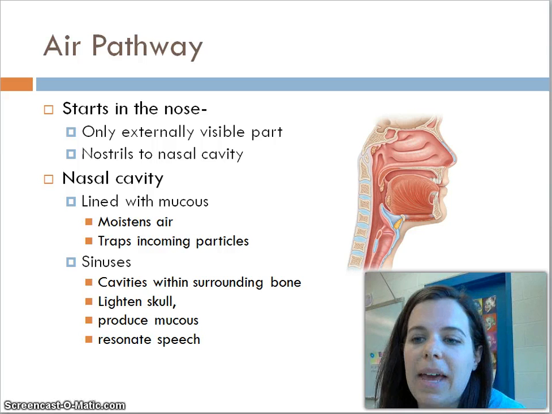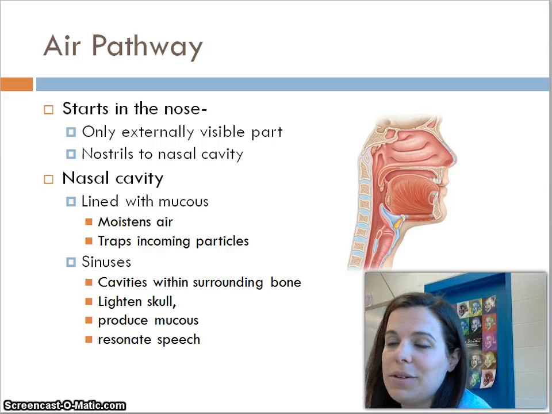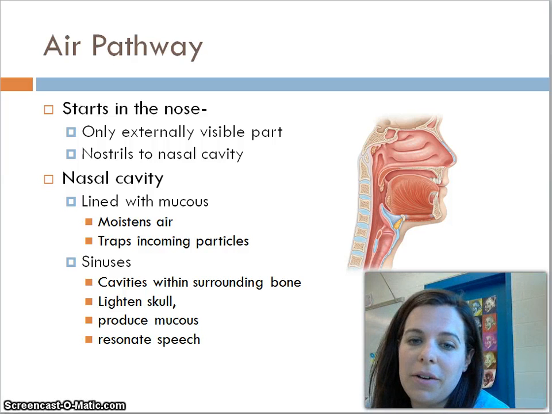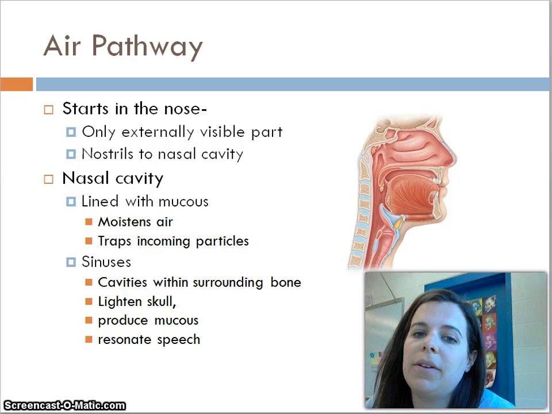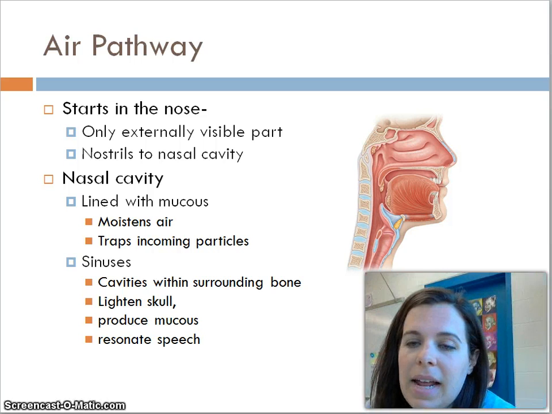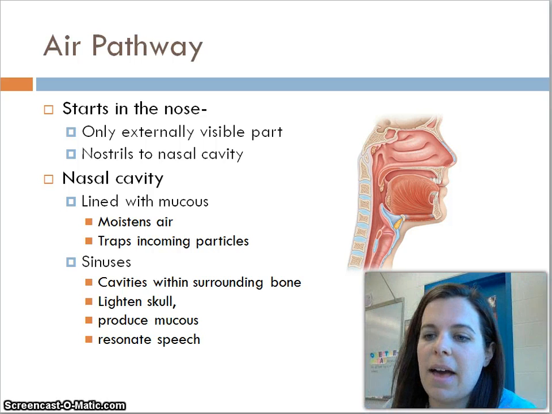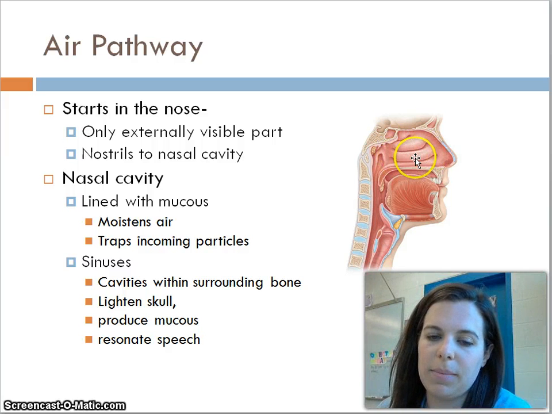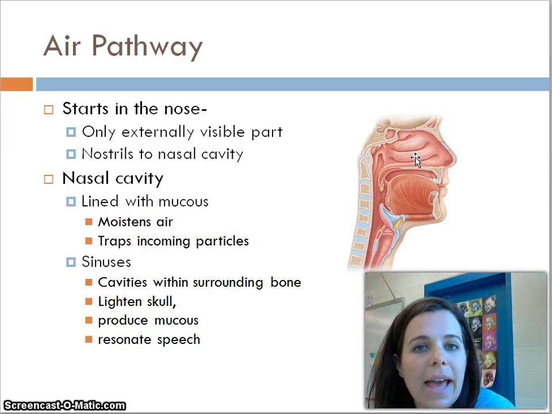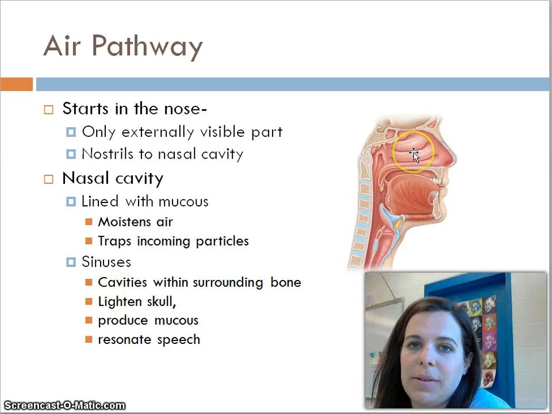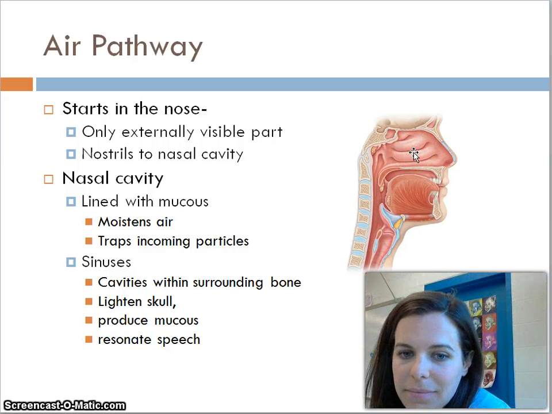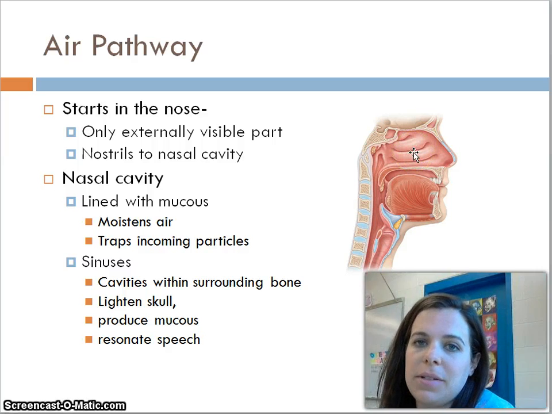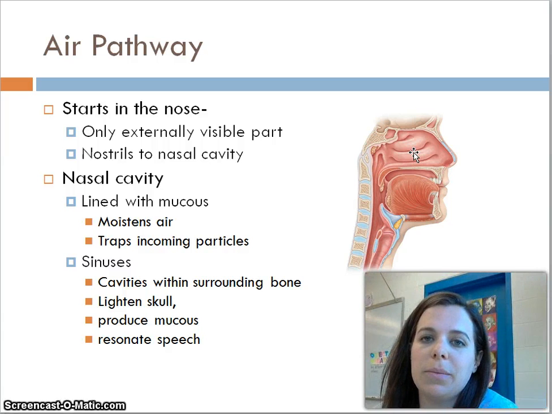So your air pathway, as an oxygen molecule coming in, would start in your nose, which is the only visible part of your respiratory system. It enters through your nostrils and goes into your nasal cavity. So here's your nose here, it would enter through the nostrils and go into the nasal cavity up here. Your nasal cavity is lined with mucus, and you guys know that is snot. And that moistens the air and also traps any incoming particles so they don't make it all the way to